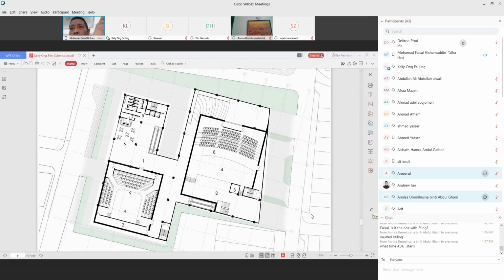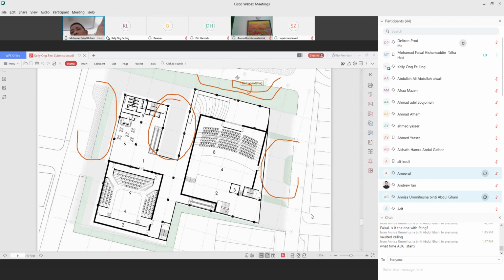So fire access way is only restricted to this place. Yes. And here as well. And this one clearly is fire access. In fact, this one also should be fire access. It can be there.